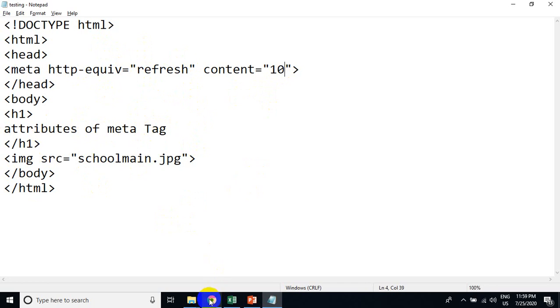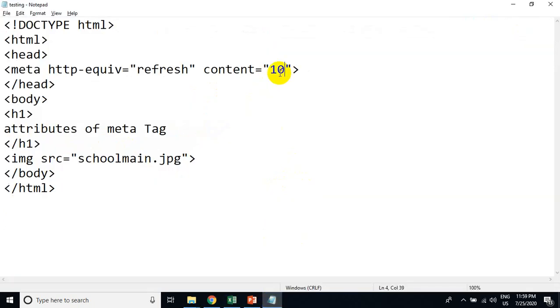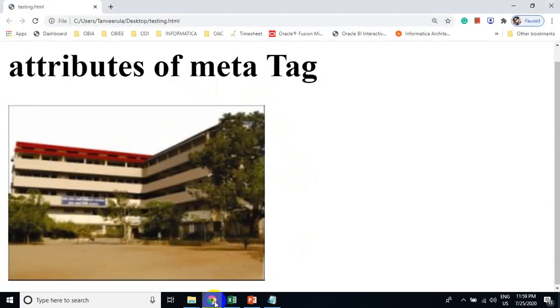I just want to show you live how this refresh is working, if you are unable to see the refresh. For example, the page was refreshing after 5 seconds, and I have already changed it to 10. Now, currently you are seeing that the image is displayed. If I remove this image,